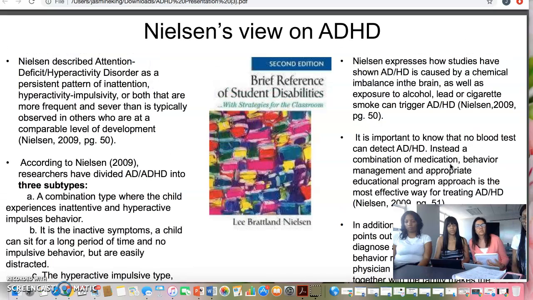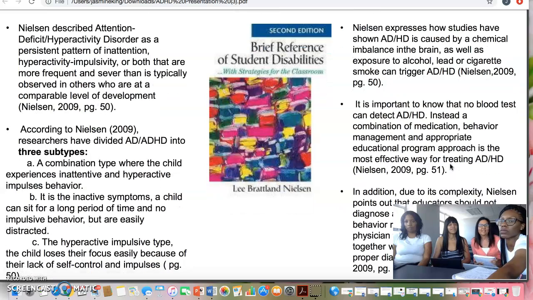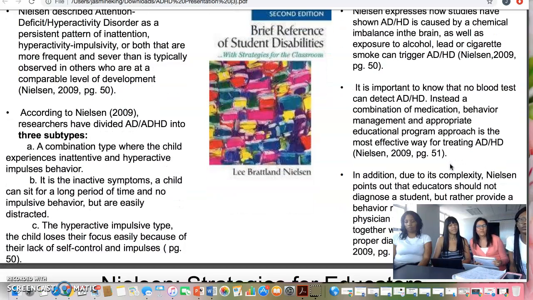Now I'm going to discuss Nielsen's view of ADHD. He believes that it's a behavior disorder, the attention deficit hyperactivity disorder. There are three types.